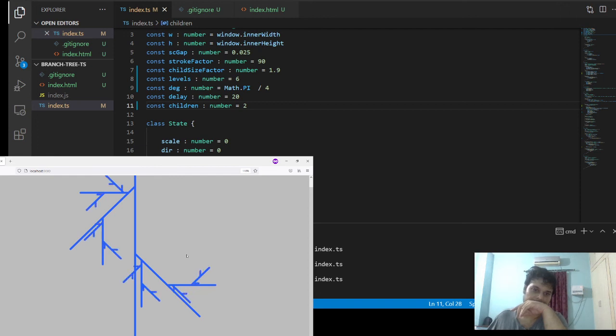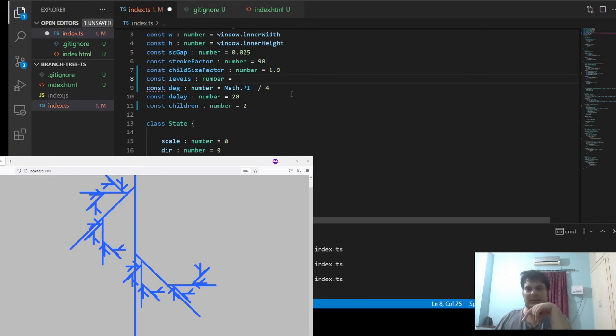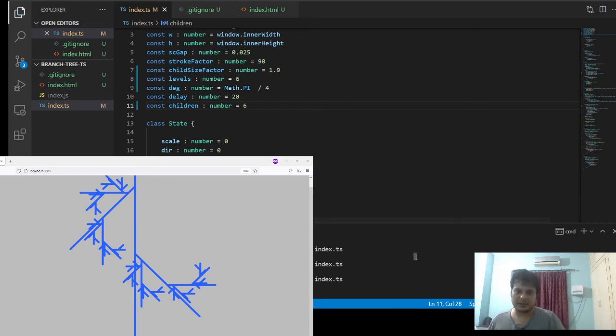This looks neater, but if you have more children, you can do much more. We now have levels as six, and we can go with six children. That will be better, not an issue.